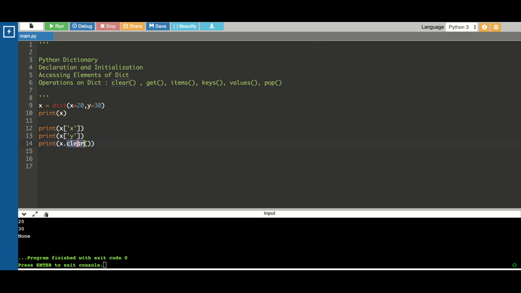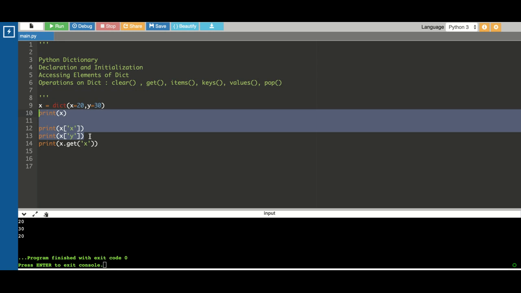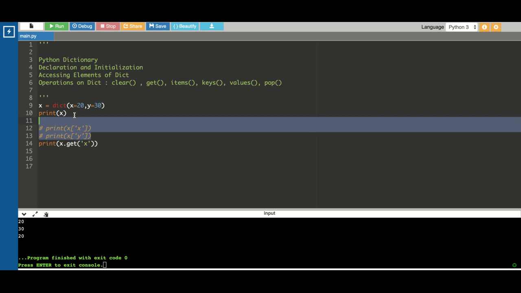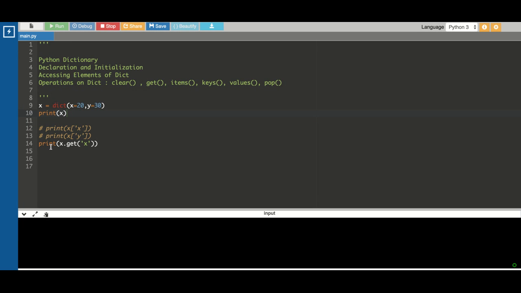Then we have get. Get is again similar to using the subscript notation. Okay, let's see, 32 is printed again. Let me remove this so that it doesn't create confusion. You can see the value corresponding to x is printed. This is similar to the subscript notation, where you can use the square brackets to get the value.